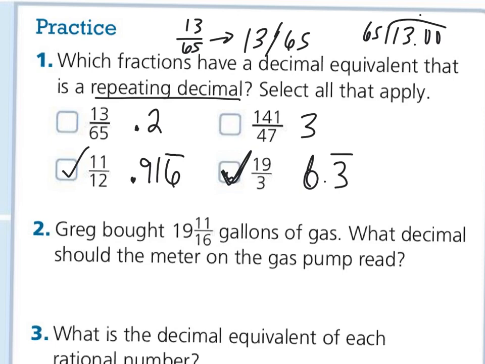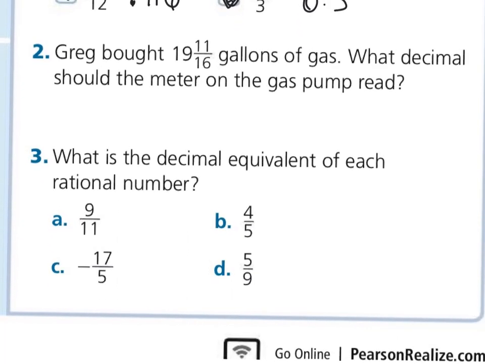Number 2, Greg bought 19 and 11/16 gallons of gas. What decimal should the meter on the gas pump read? So the gas pumps have decimals, not fractions, for how much gas you get. So we can divide that out. That's going to come out as